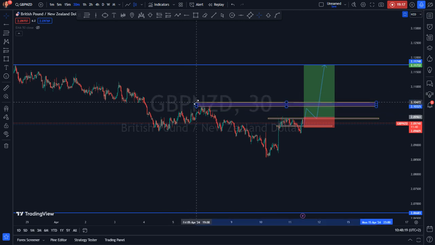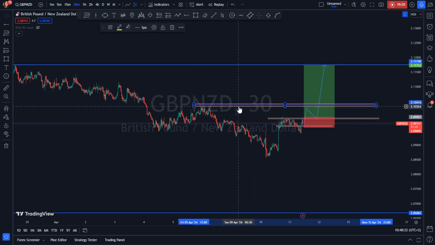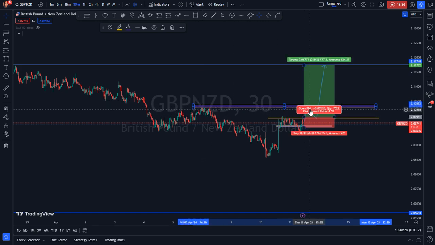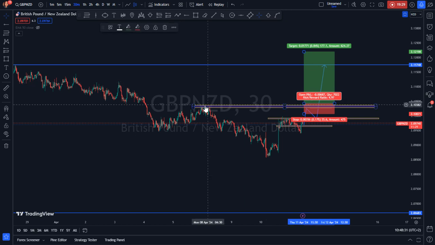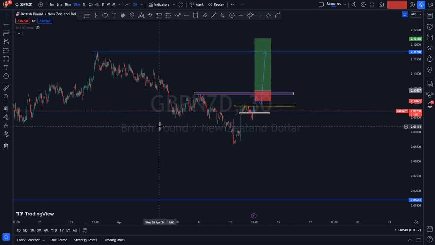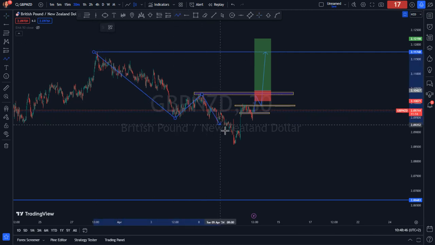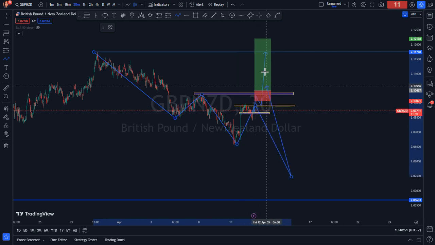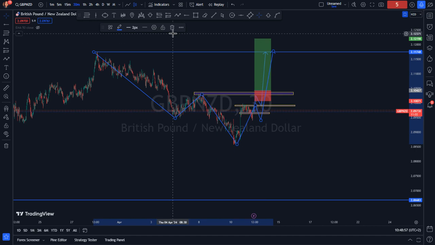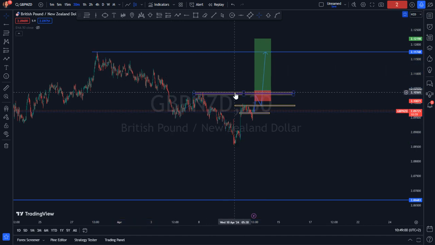Why am I saying it's a risk entry? These ones that I just gave you, because the market has not yet broken above the previous high. So the only thing you would confirm for sure is when the market breaks above the previous high. Then you can say now we are entering to be going all the way up, because it's very risky to be taking a trade which looks like this: lower low, lower high, lower low, and then instead of the market creating a lower low and going down, you now say the market is going to go up. It is very risky. So just wait and see. But if you're a risk taker like me, I think